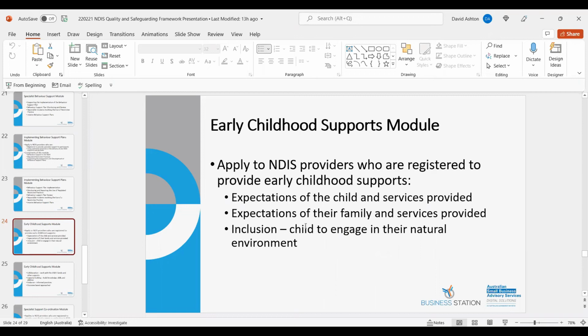So capacity building is all around making sure the child and their family and other supports have the resources and the knowledge and experience to be able to enhance the child's life, really. So there's an element of education and training that you need to provide to the family as well.